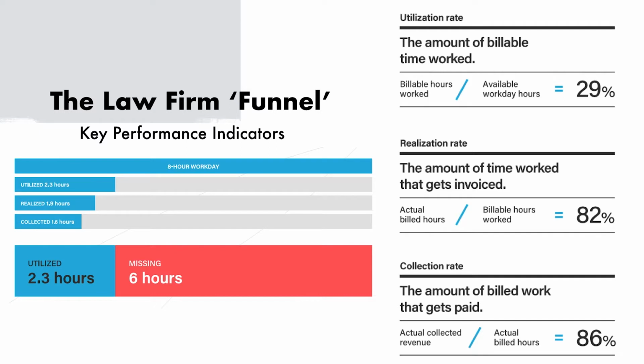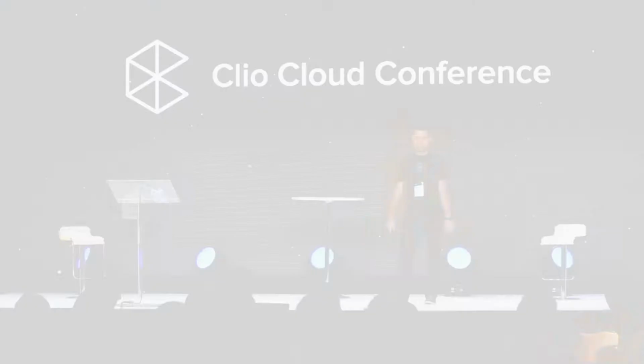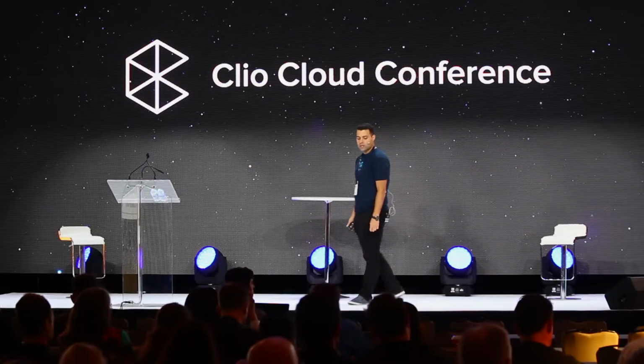So it's our best guess at a utilization rate based on an 8-hour workday. That came in at 29%, which is up from 28% last year. So kind of a win, right? A little bit more billable value, but over such a big data set, it's not a surprise to see things stay pretty steady. The second one is realization rate.